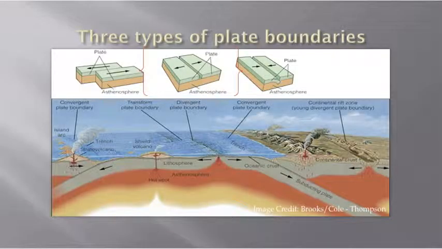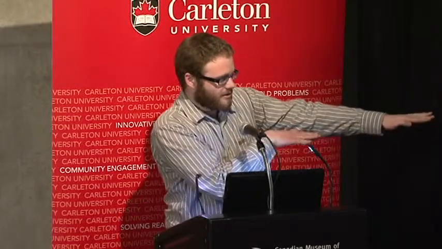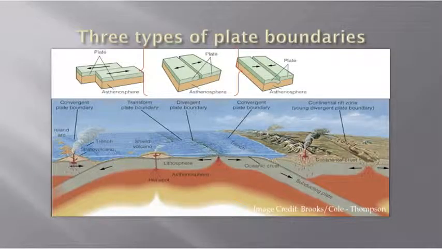The first boundary is what we call a transform plate boundary. That's kind of what we see in the San Andreas Fault in California, and that's when plates move relative to each other, like that. The next type of boundary that we're going to be talking about is a divergent plate boundary, and that's when plates are moving apart from each other. And this is really important for my talk because this is what creates new ocean basins between continents when they